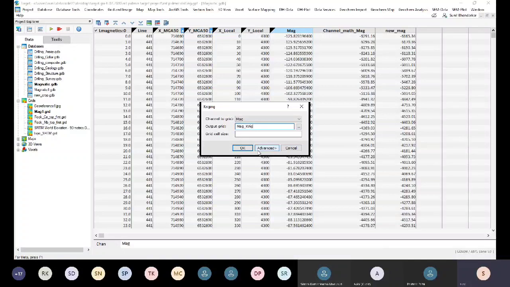In kriging you can use a variogram, so that you can put the sill and nugget values. Accordingly the grid will be created. So this is the grid on the basis of the kriging method.